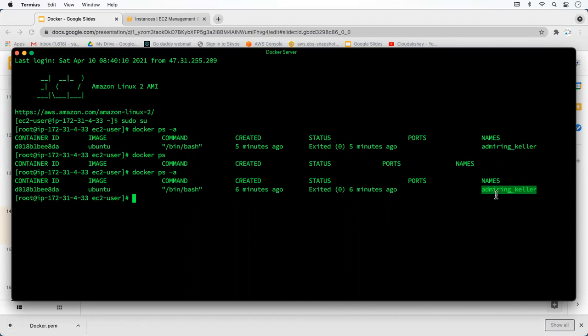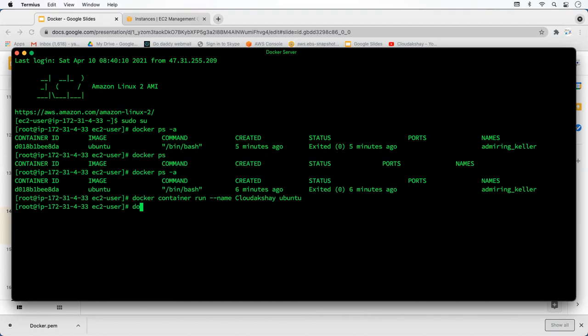It's by default. And let's make a container with our name. docker container run --name cloudakshay, and the image name is ubuntu. Hit enter.